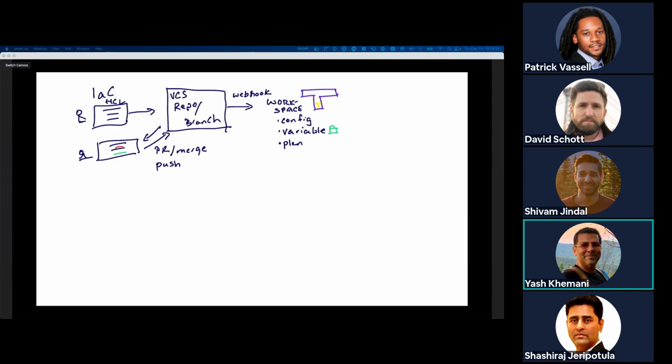That plan can also be fed into the items that follow, including the Snyk integration, as well as our policy checks. So the Snyk integration happens via what we call a run task. And I've drawn it here in this order because of how it makes sense to run the Snyk run task, because we want to feed the plan in, but technically the run task can be configured to run pre-plan, post-plan, or pre-apply.